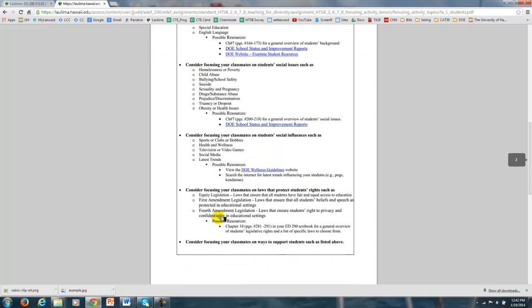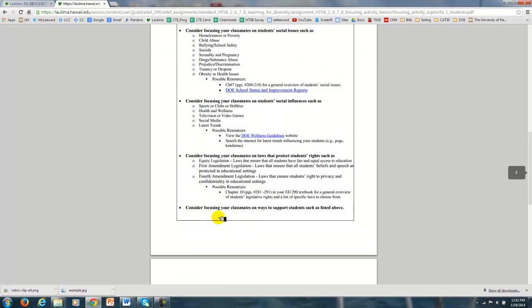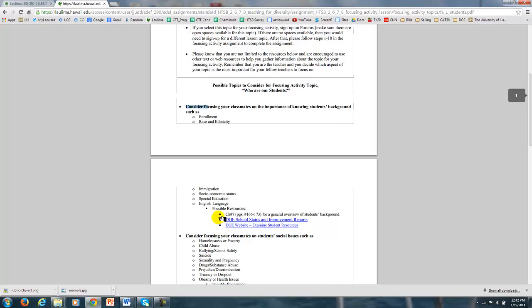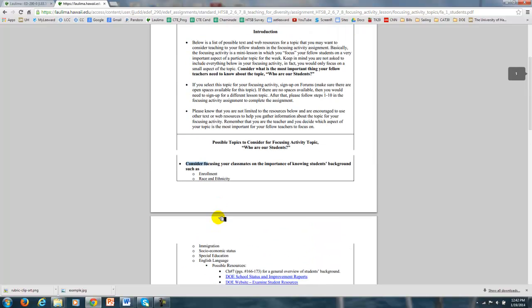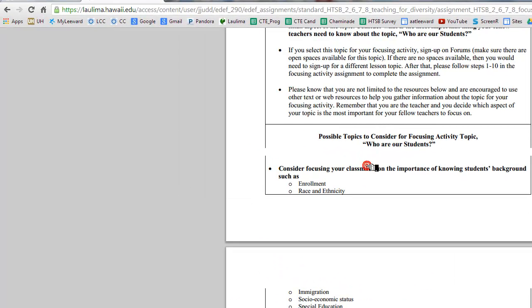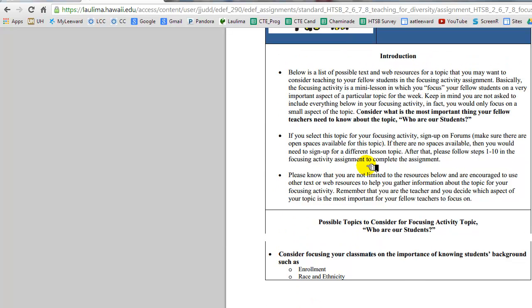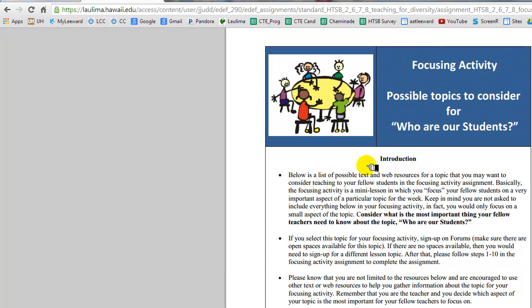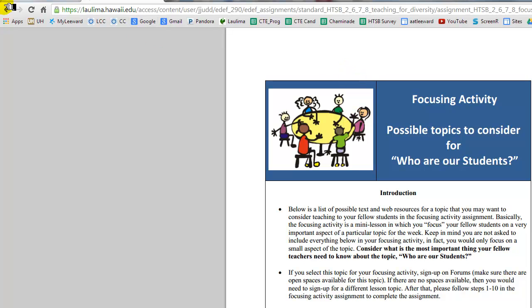the different choices. And one thing that's important here is that you're not trying to cover everything. You only have 30 minutes, so you're only going to pick one of these on which to focus, and then even break that down into a small section so that you are only presenting the most important thing about that topic. So if we go back,